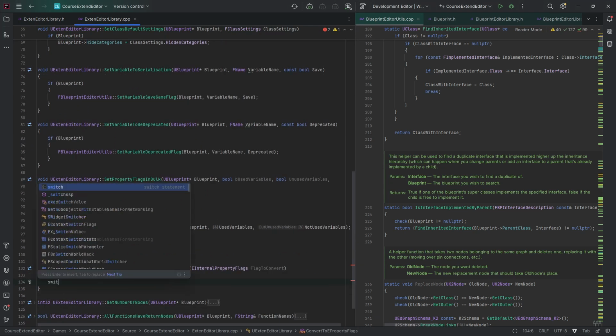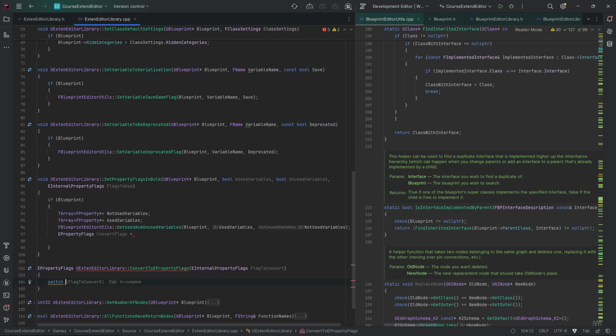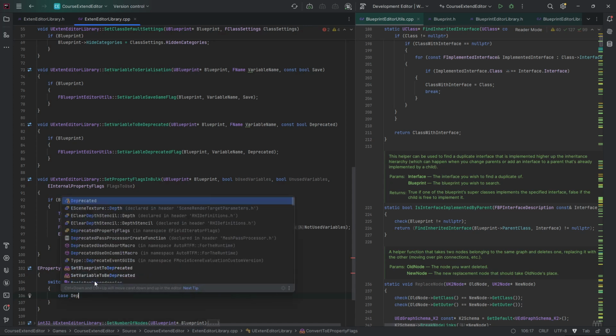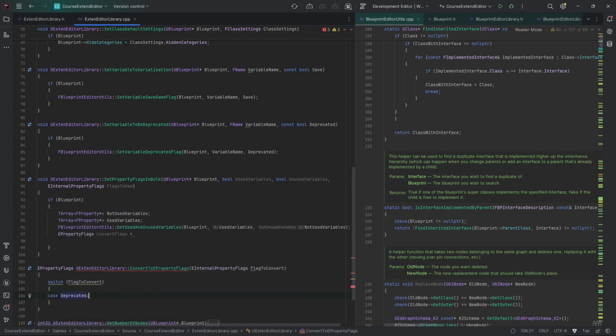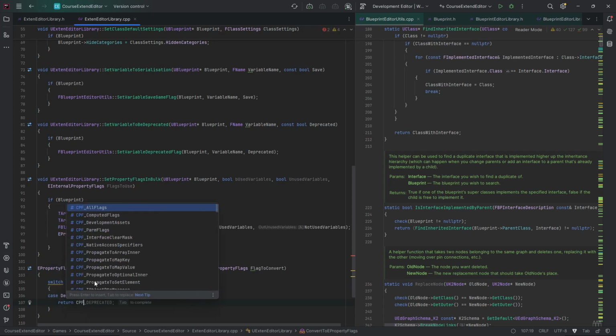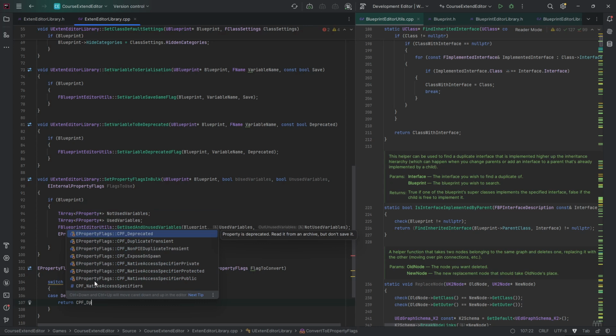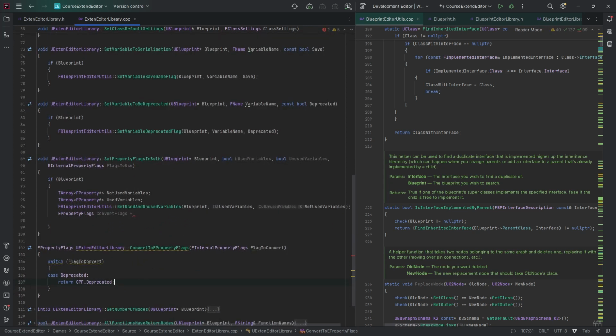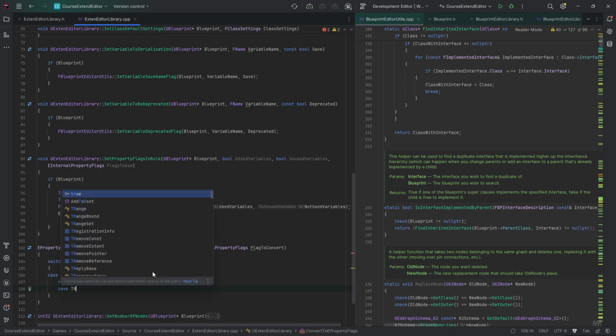I'm going to use a switch, and the first switch will be on the internal flag. I'll just flag to convert, and I'll just open it up, and we can now say case deprecated. So if we use deprecated, then we will just return CPF deprecated. So this is actually an internal one, but we can see all of the stuff that we can set. And in order to do that, obviously we can create other ones. I can just create case, for example, transient,